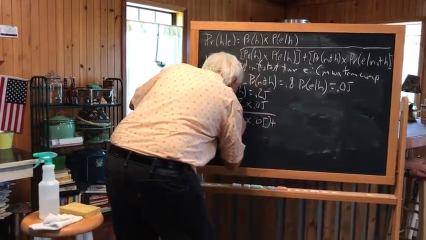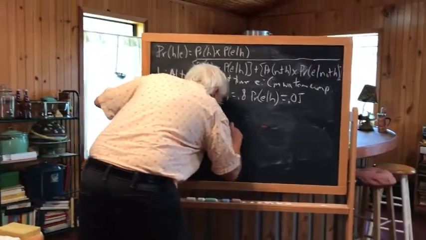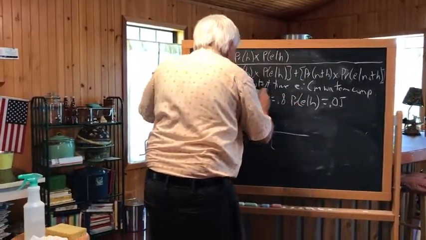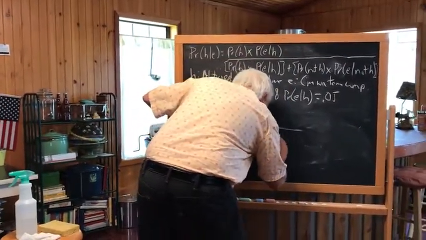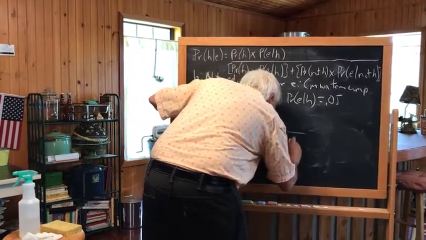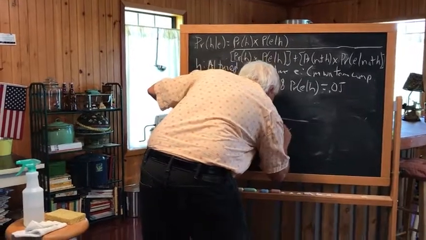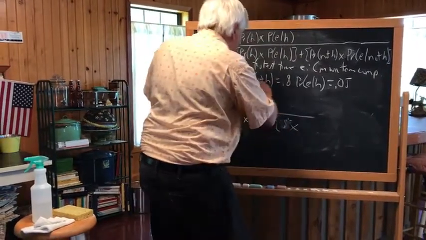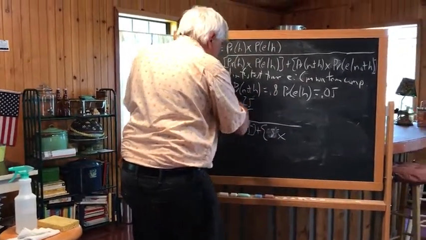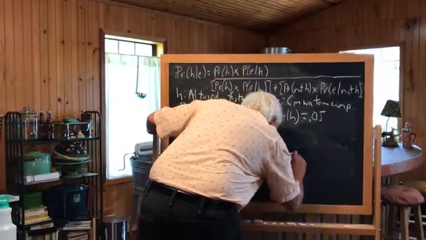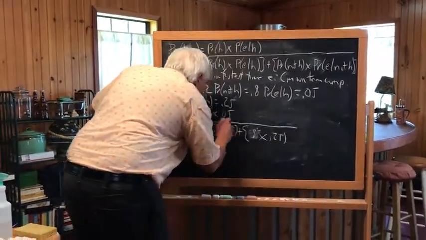plus the probability of the negation of the hypothesis, 0.8, times the likelihood of the evidence given the negation of the hypothesis, 0.25. And so now when we do our math, we're going to get